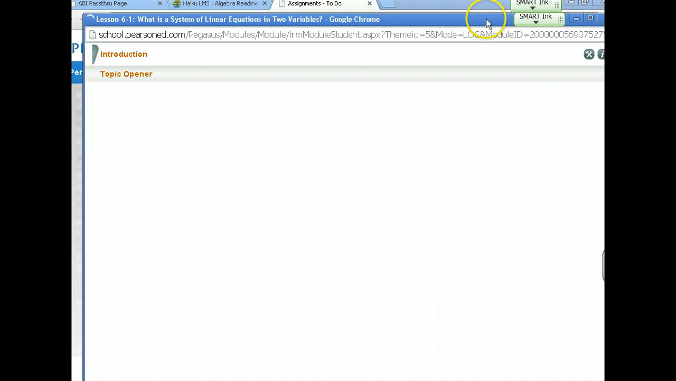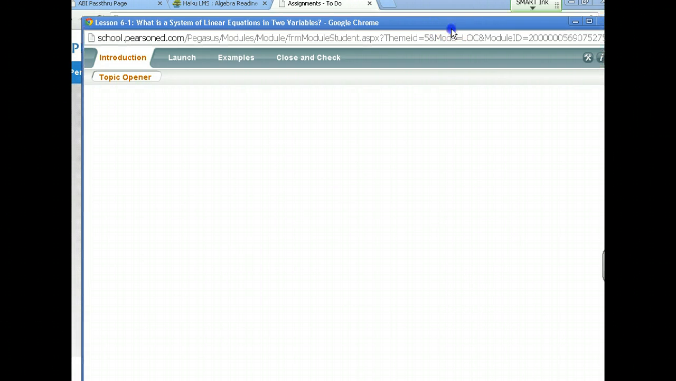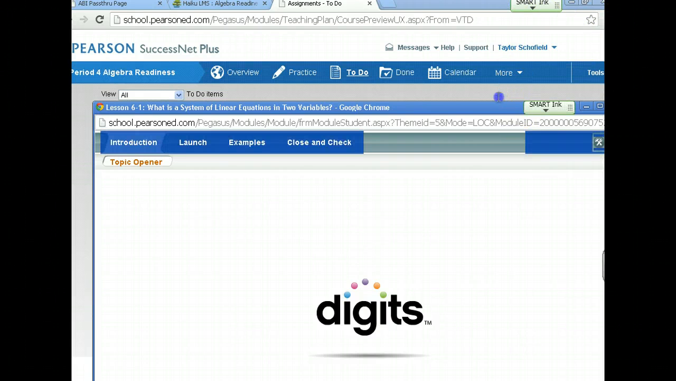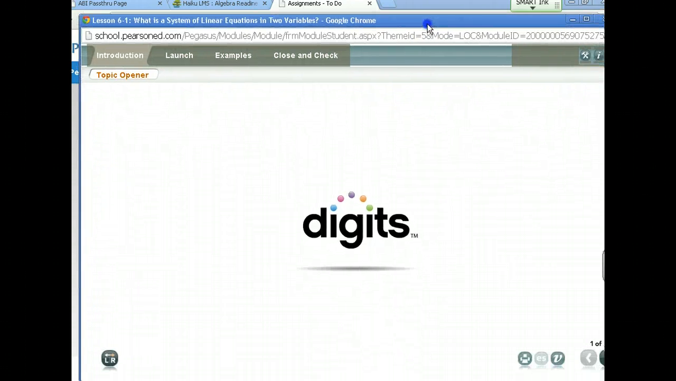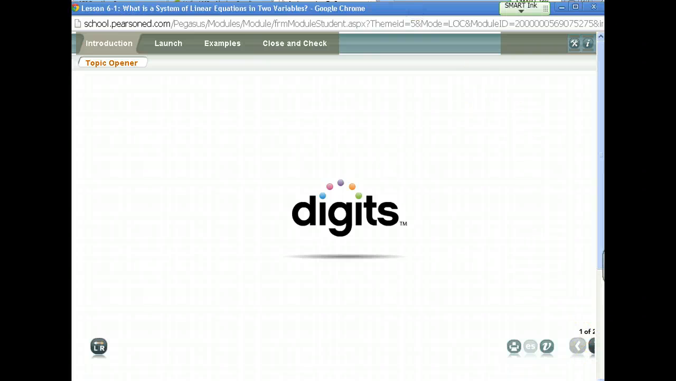Now on the netbooks, some of them won't just pop up like this right away. You will see a little alert up here that says pop-up window not enabled or something like that. Just click on it and say always allow pop-ups for Pearson. That should take care of the problem. Maybe refresh your screen. So right now you should be seeing on your screen a Digits little logo here, and